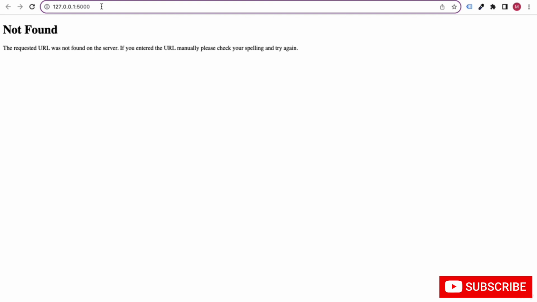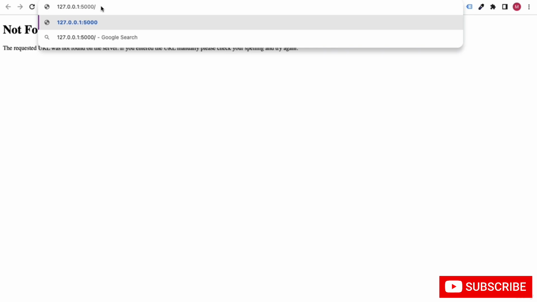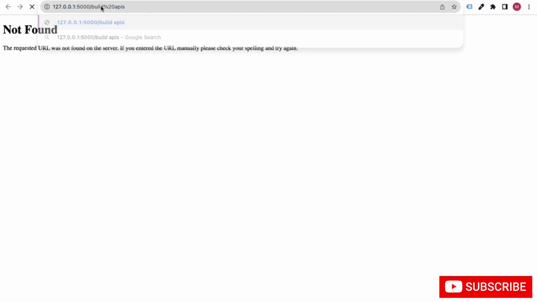You just put a slash and write whatever keyword you want, for example build APIs. Click on enter, and you will notice it starts to display some keywords here. You can run it again.